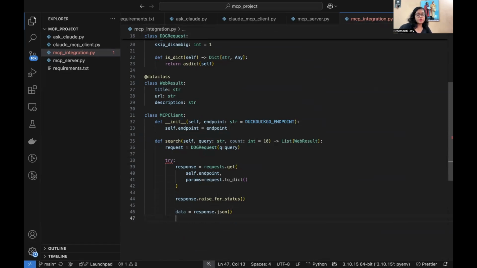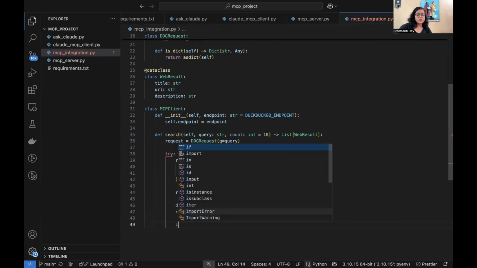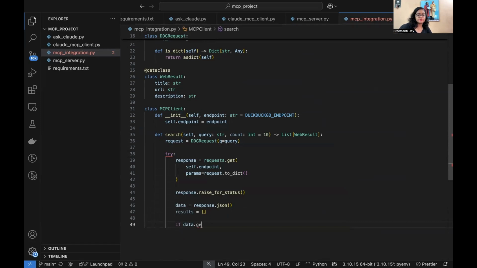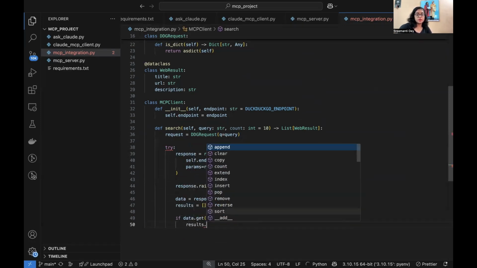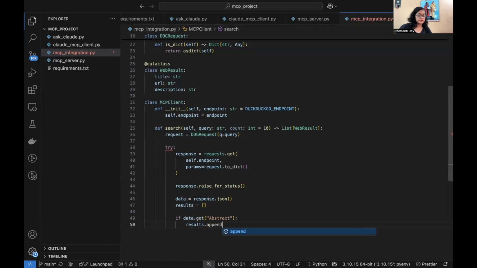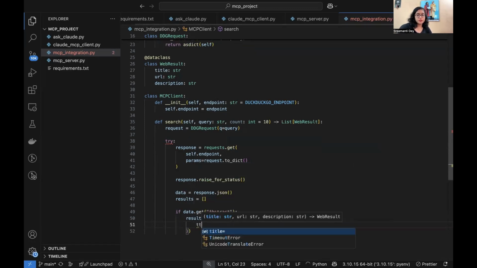And now we are going to have results as a list, and if data.get('abstract'), now results.append is going to be a web result, and title is going to be equal to data.get('title'),